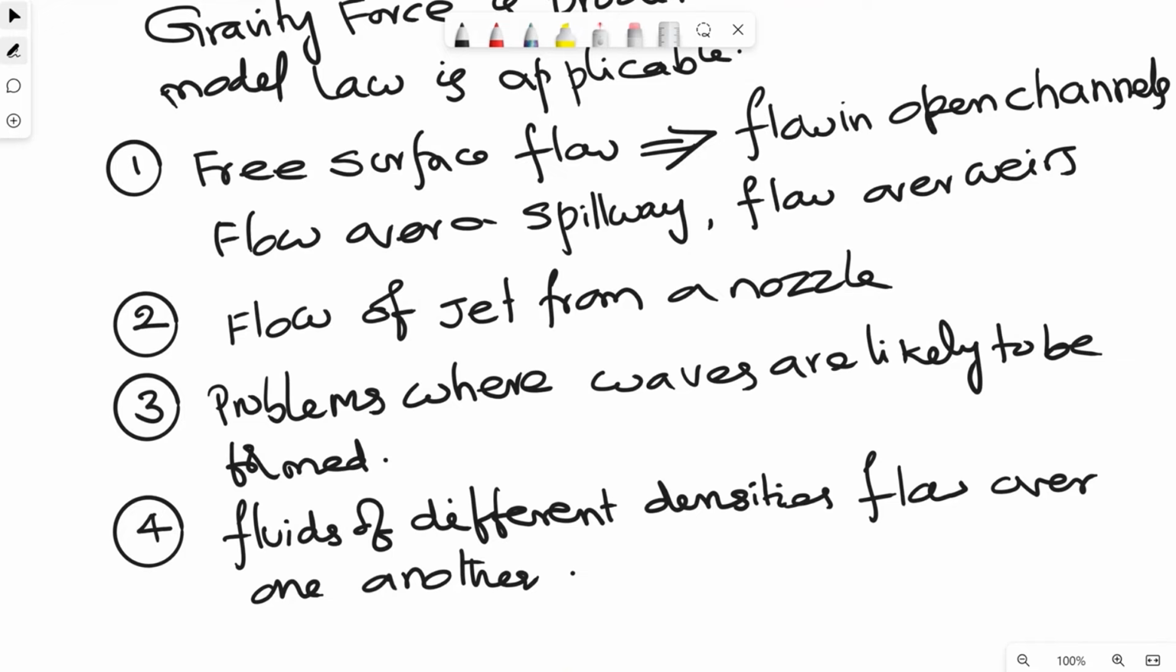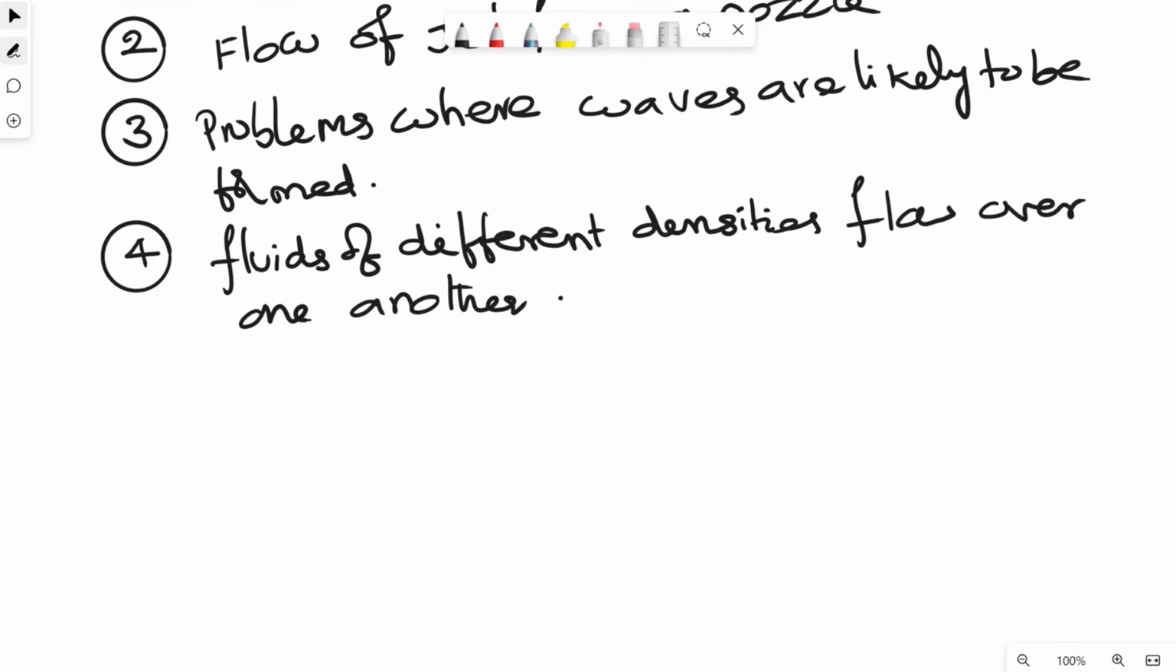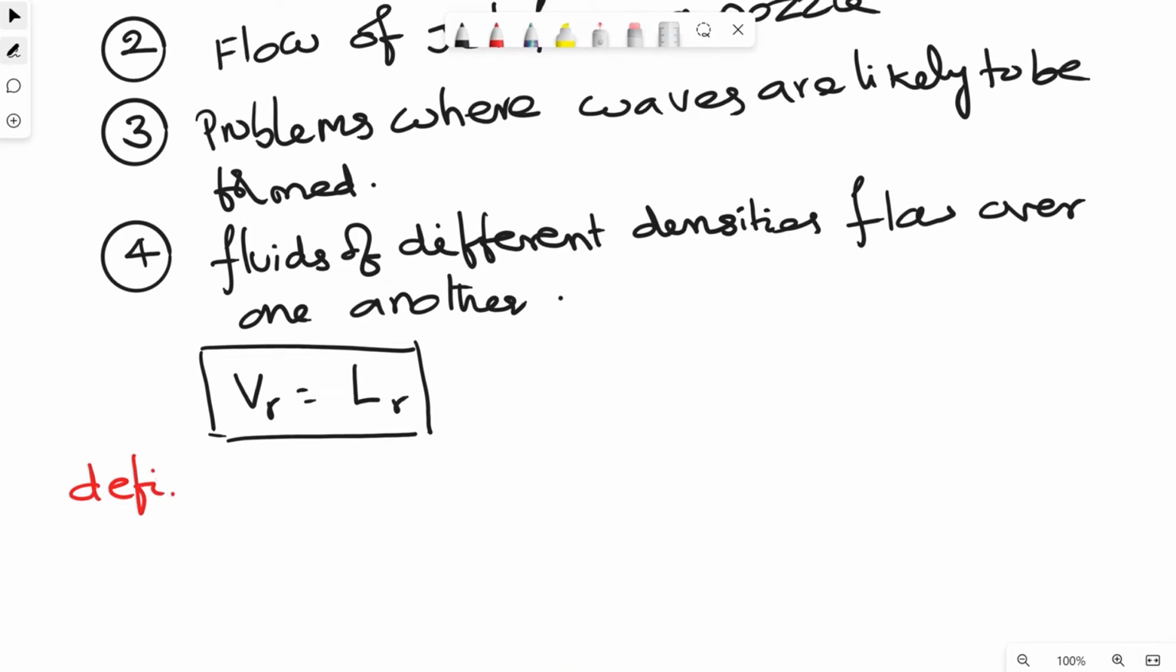So finally, what is Froude's model law? Already I explained. The most important thing that you should remember using Froude's model law is VR is equal to root LR. This is the takeaway from the Froude's model law, which is very, very important. Once this scale ratio is over, then we have to define the scale ratios